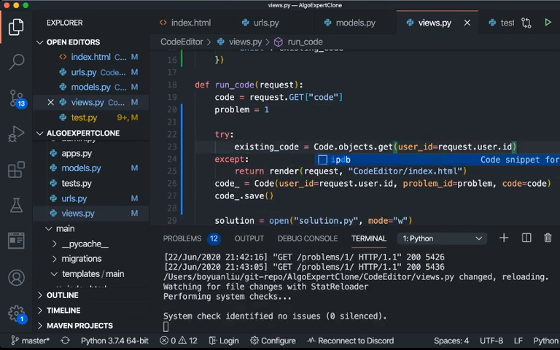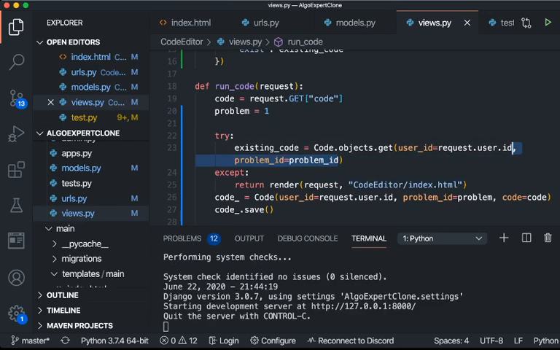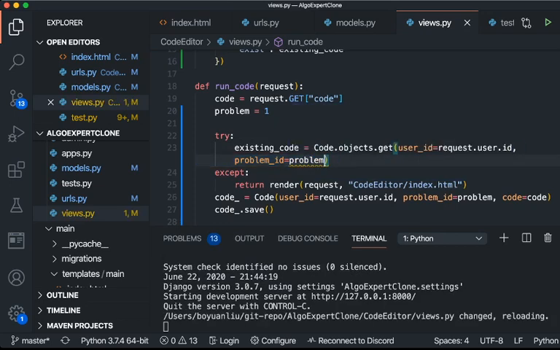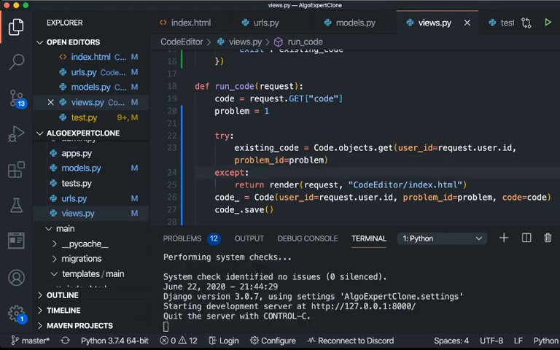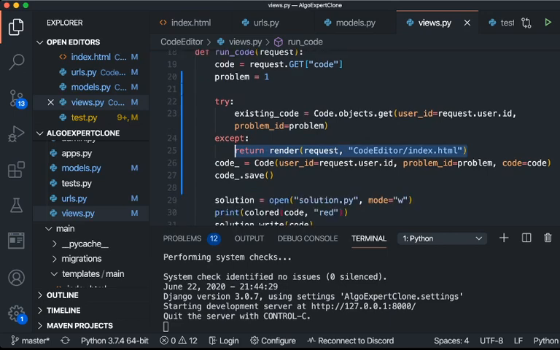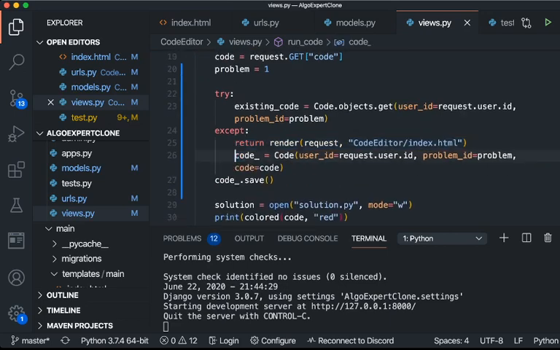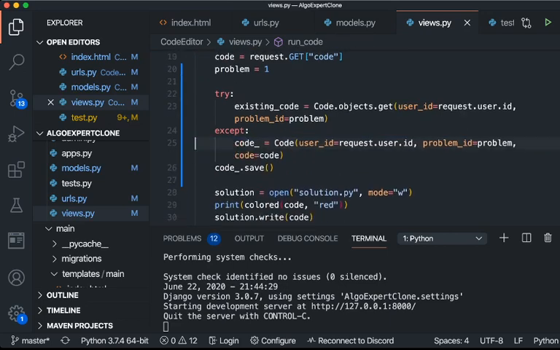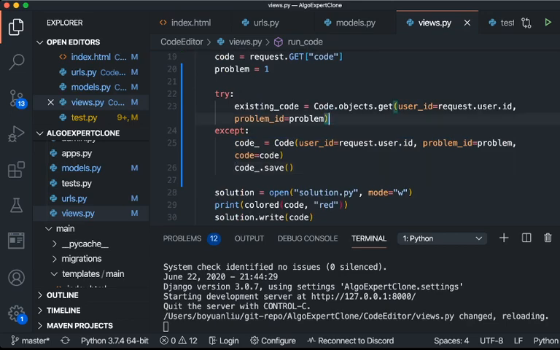Stuff is the same problem. And yeah, and then this is existing code. If it does exist, then we will, if it doesn't exist, then we'll go ahead and do these two. But if it does exist and we want to update it, this existing code, you can say existing code